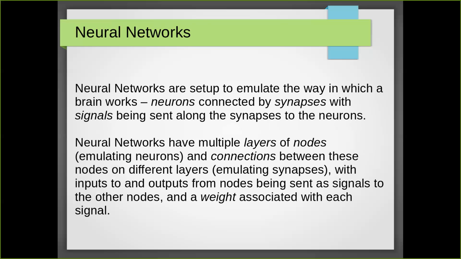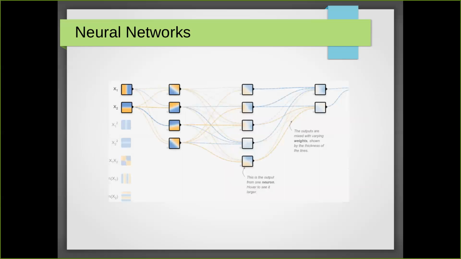So neurons connected by synaptic connections, synapses, with signals being sent along those connections to the neurons. And essentially neural networks have multiple layers of these nodes which emulate our neurons, and connections between those nodes on different layers. And each connection has a signal that's being sent along it and a weight associated with it. And essentially each node will then add up the weighted sum of everything that's